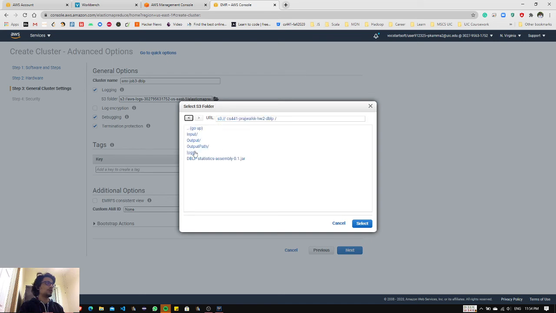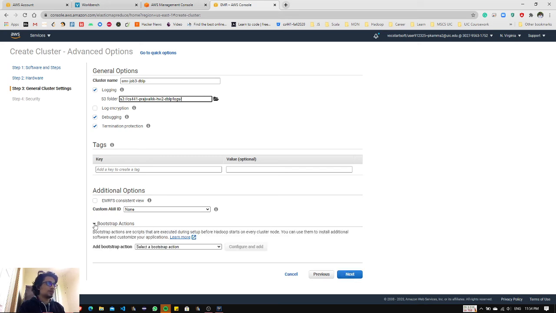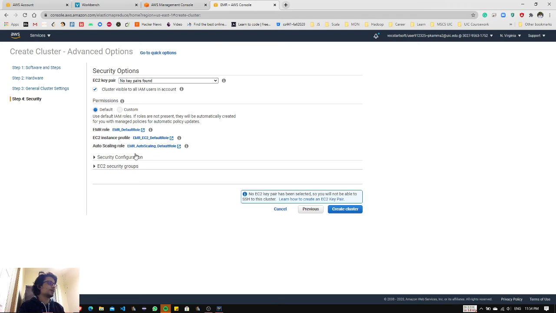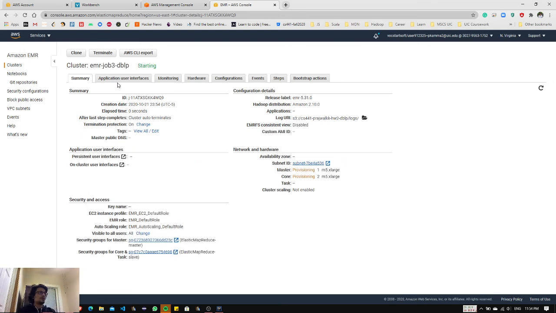I already created a log folder in the S3 instance, so I'm just going to specify that. Not going to change anything else. Bootstrap actions, there is nothing. So I'm creating a cluster. So I've created a cluster.